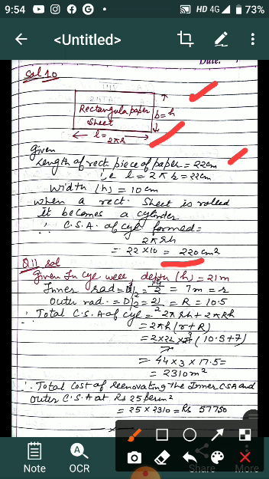Now question number 11, it is given a cylindrical well has depth, height 21 centimeter, diameter is given, you will take the radius small r and capital R, and then you have to find the total curved surface area inner and outer 2 pi rh plus 2 pi RH, and total cost of renovating the inner and outer curved surface area. Add the total surface area, multiply it by 25 to get the answer. So do this question in the notebook.